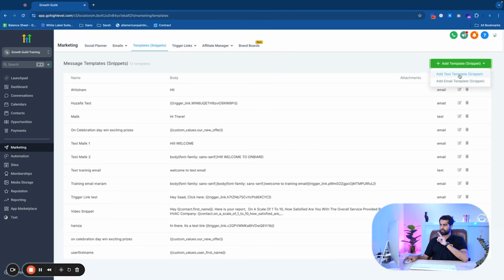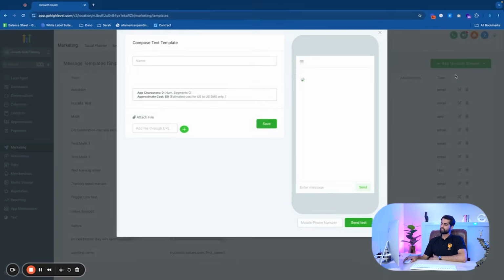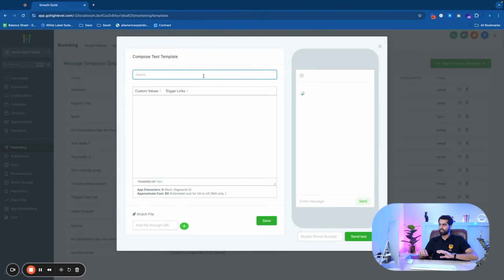So first of all, we're going to be setting up the text snippet, and by the way, this will be used for your SMS correspondence, okay, or your WhatsApp correspondence, depending on which text medium you use. Okay. So first of all, I'm going to name it. So my name is video test, and I'm going to put in the value. Hey, this is test,